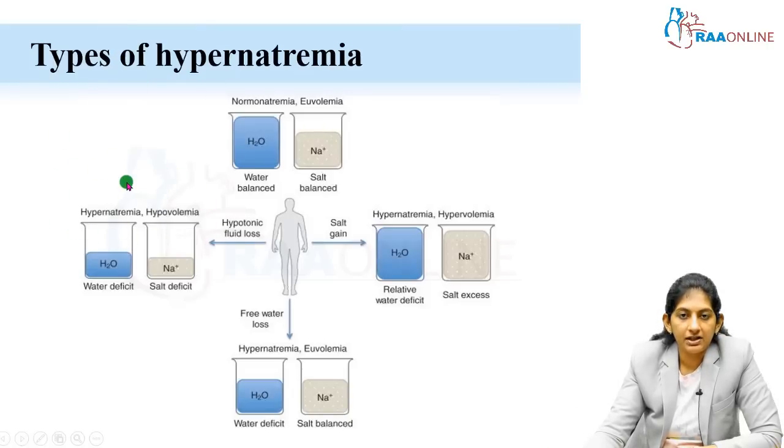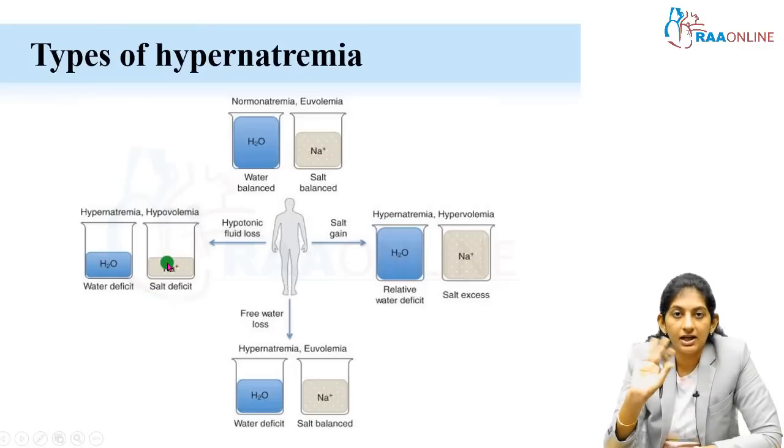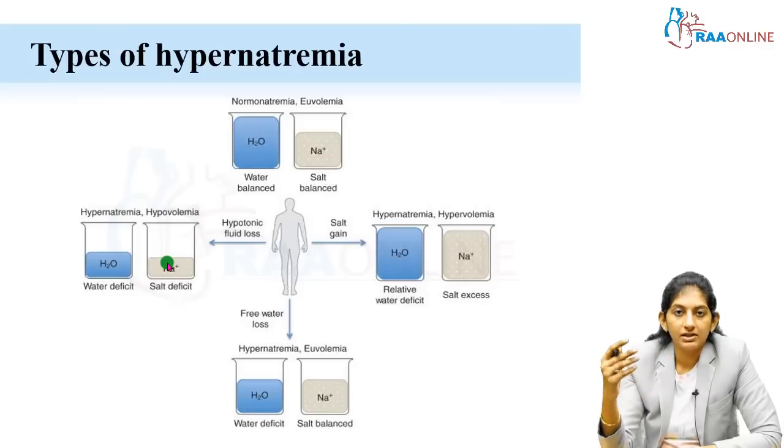Come to the other end here. Hypovolemia, hypernatremia. Look at the water here. The water, there is deficit. Definitely, there is loss. Look at the salt here. Salt also there is deficit, but it is not resulting in hyponatremia. What happens? So much of water is lost that whatever sodium is there inside the body will look as though it is high. Okay. So, it might be a little bit confusing, but I am trying to make it simpler. When you go through the presentation again, it will be really clear. Okay. So, this is based on the volume status.